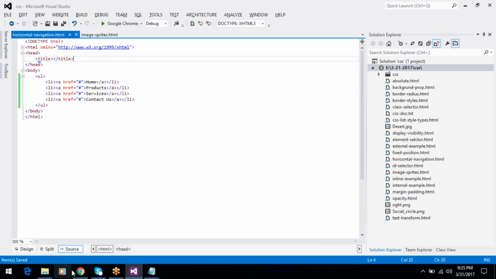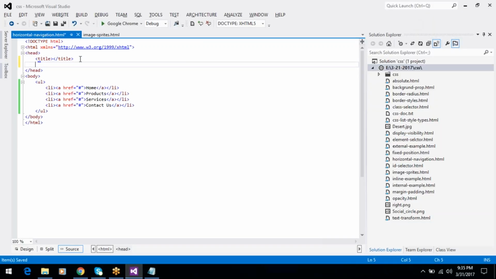Okay, so this is horizontal navigation. Home, news, and this is sub menus. Link 1, link 2, link 3 are the sub menus in the drop down menu. If you want to implement something like this,